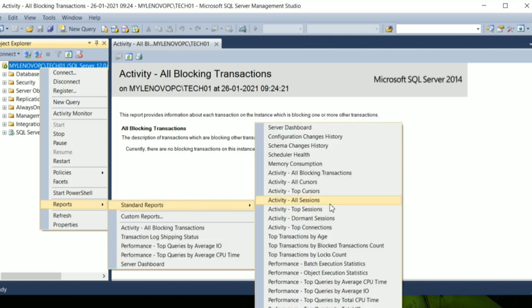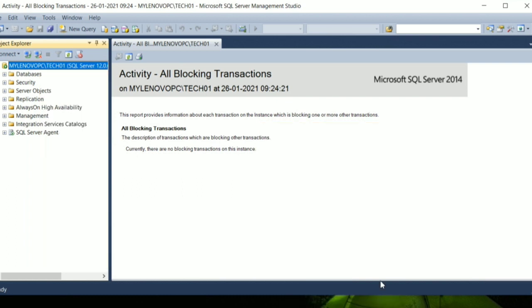Let's assume you are getting a high IO alert, high CPU and high memory transaction alerts. For that also you can pull the reports from SQL Management Studio. So here, let's take the top average CPU time.